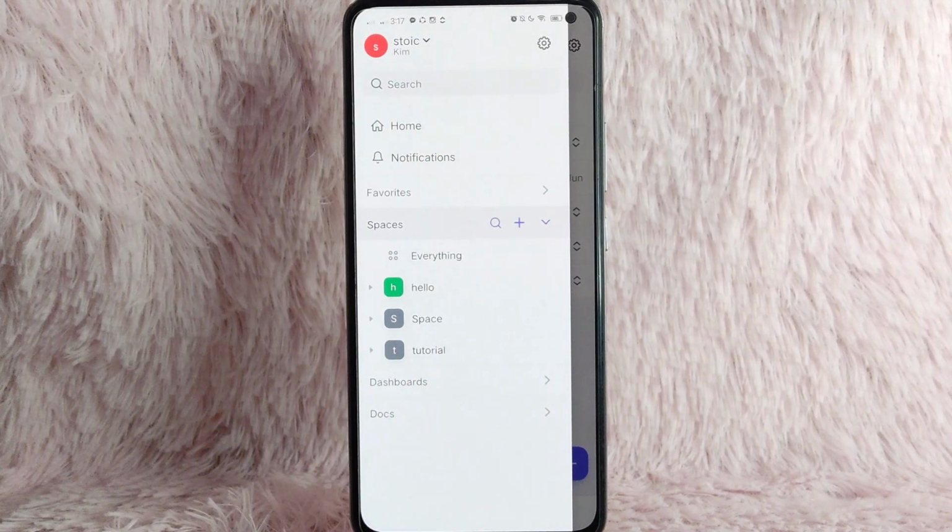There you go. If you wanted to know how to create a space on ClickUp, that is the easiest